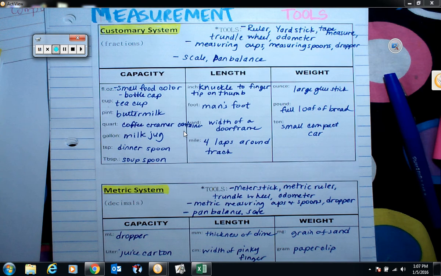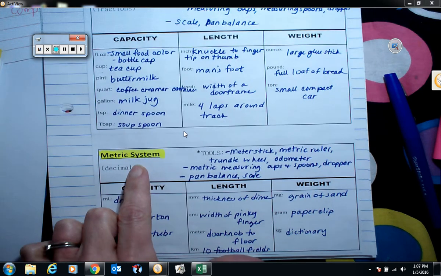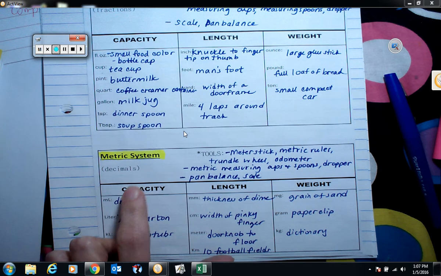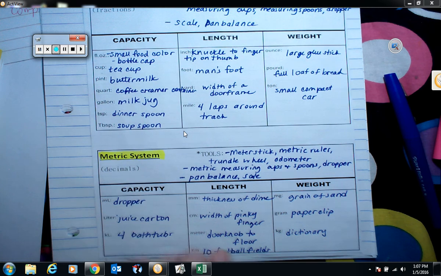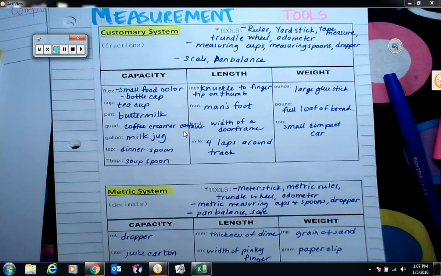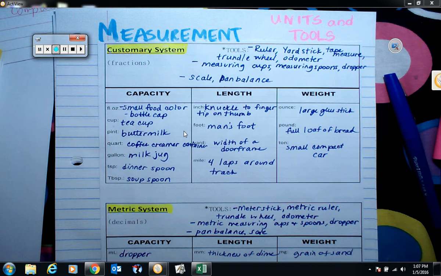Our metric system, though, is based on the number 10. So since our metric system is based on the number 10, we can use decimals to show parts of a unit with the metric system, because our decimal system is also base 10. So today we're just going to give an overview of both systems and talk about tools and units that belong to each system. So if we talk about the customary system first,